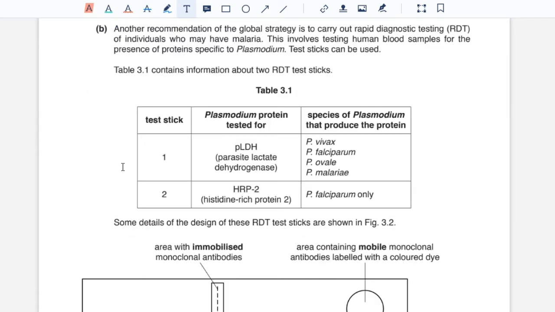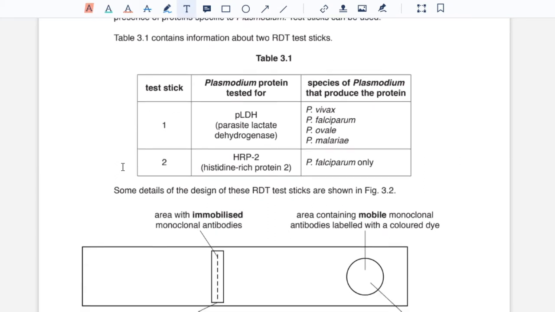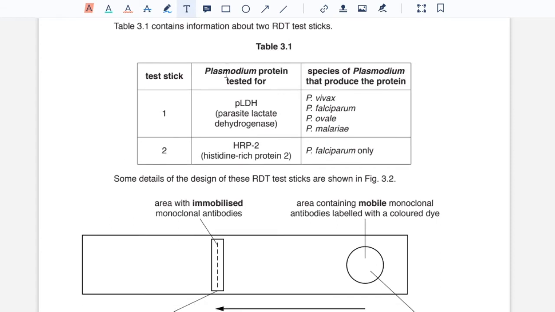B. Another recommendation of the global strategy is to carry out rapid diagnostic testing of individuals who may have malaria. This involves testing human blood samples for the presence of proteins specific to Plasmodium. Test sticks can be used, and table 3.1 contains information about the 2 RDT test sticks. Test stick 1, where the Plasmodium protein tested for is the pLDH, and this protein is present in all 4 species of Plasmodium, whereas the second test stick tests for the HRP2 protein, which is only present in Falciparum species,